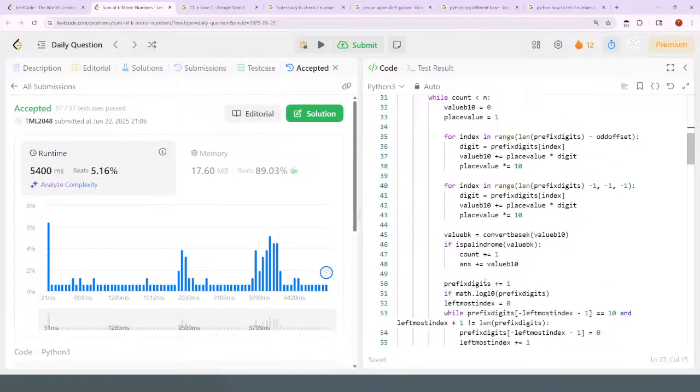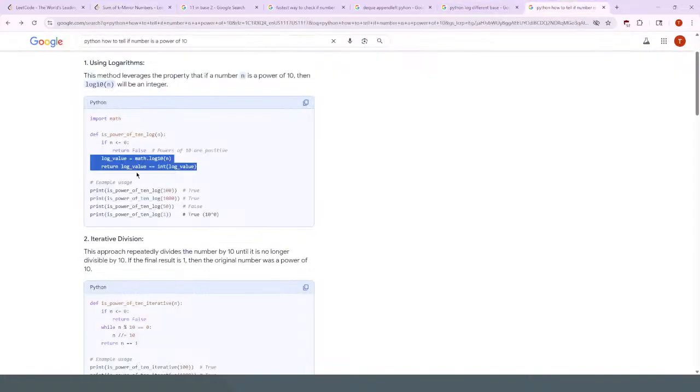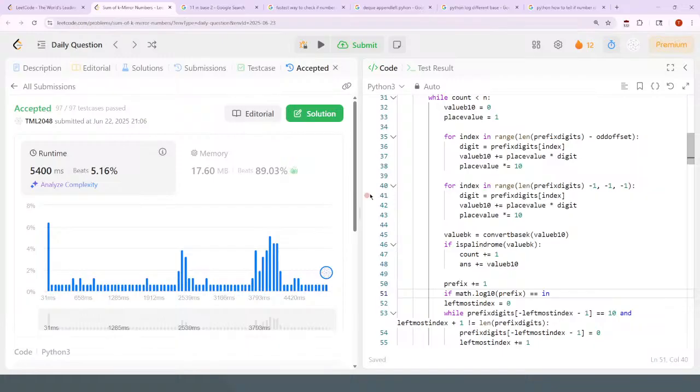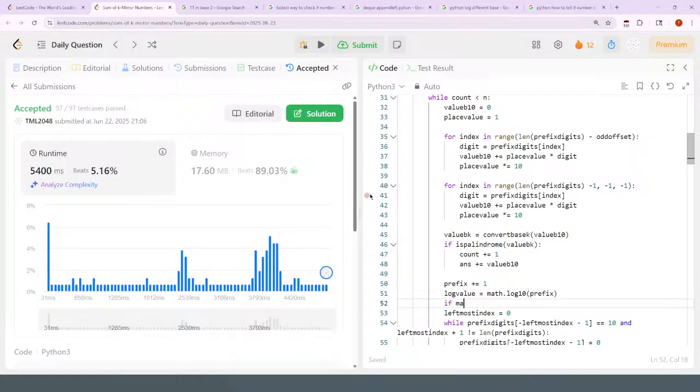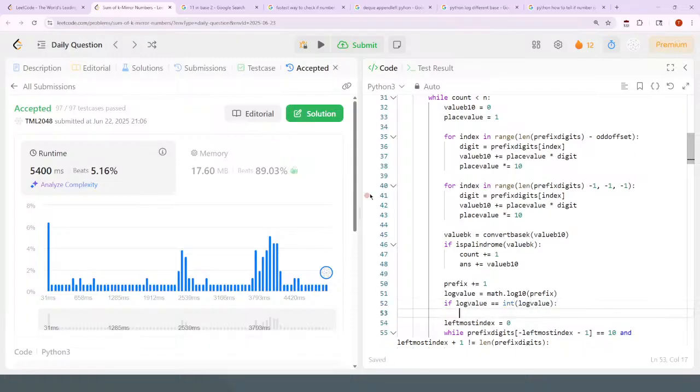And then the prefix is incremented, and then if the prefix log 10 is equal to the integer of the log value, the log value is equal to the integer of that log value. Okay. The log value is equal to the integer of the log value. Then